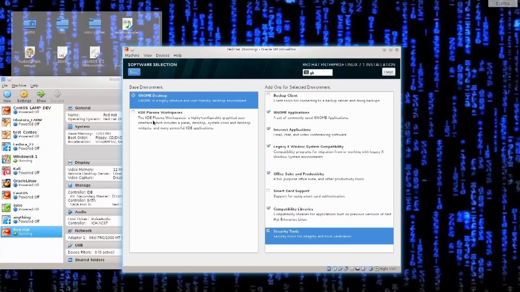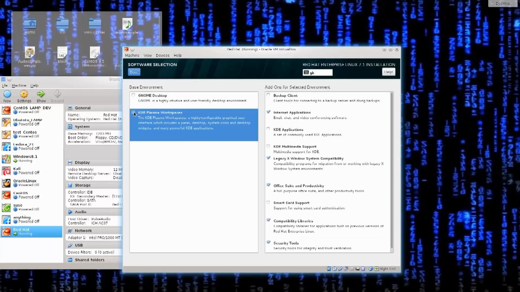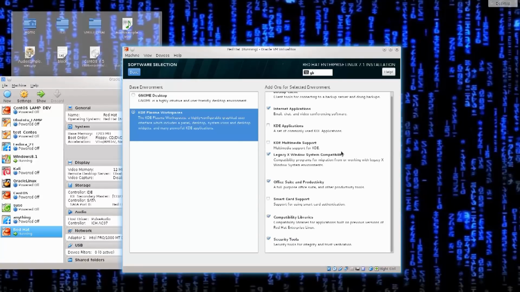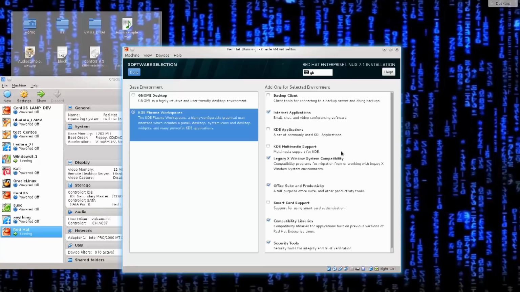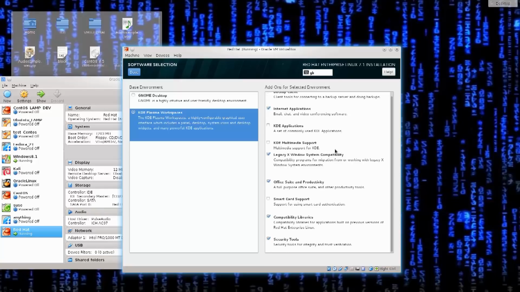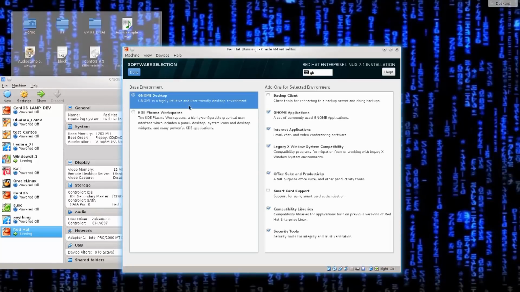Let's just go ahead and click on Plasma Workspace to see what is offered here. So you see you have perhaps, actually no, it's pretty much the same things. Sometimes in KDE you have a bit more things that they offer, but this is not the case here. Anyway, there are other desktop environments other than